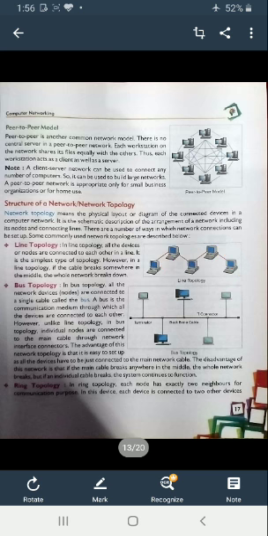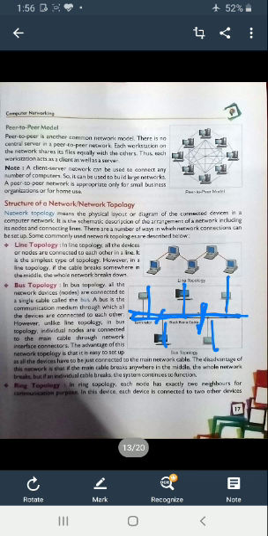Now, bus topology. In bus topology, all the network devices or nodes are connected to a single cable line called a bus. This is called a bus. All the computers and other devices are connected from there. If the bus breaks down anywhere, the whole network will fall. A bus is the communication medium through which all the devices are connected to each other. However, unlike line topology, in bus topology, individual nodes are connected to the main cable through a network interface connector.